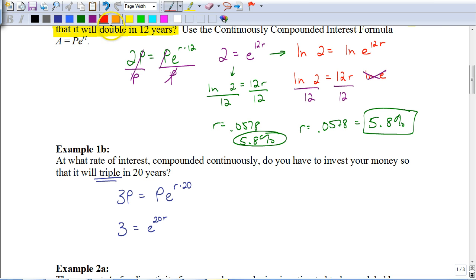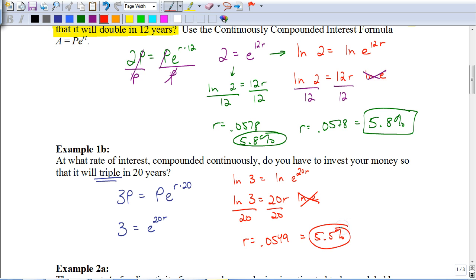Again, you could use this method that we just learned about by taking the natural log of both sides. So the natural log of 3 equals the natural log of e to the 20r. I'll park that 20r in front. The natural log of e is just 1, so divide by 20, in which case we get r as being 0.0549